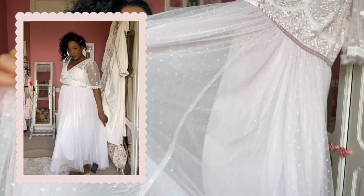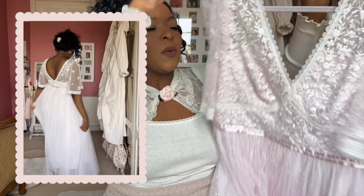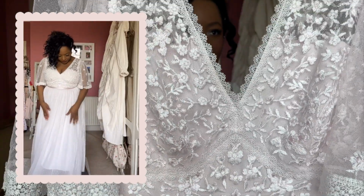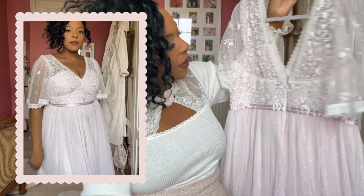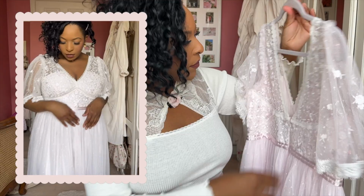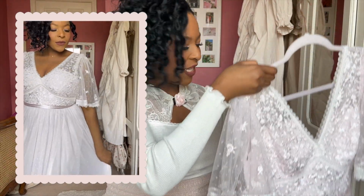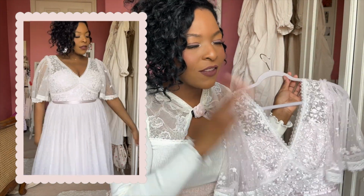It flares out into this gorgeous tulle skirt. We have all of this lovely embroidery here. I hope that you can see that okay. And then this is the back, so it very much mirrors the front, and it really keeps you nice and supported. I didn't really feel like I needed to wear a bra. And this was reduced to £50, which is just, I mean,